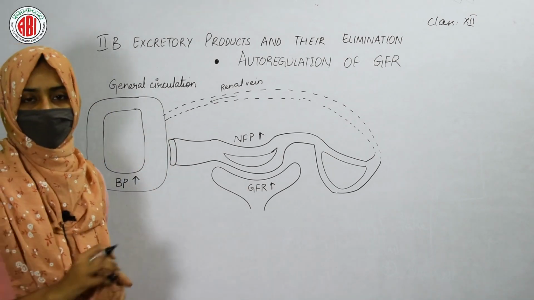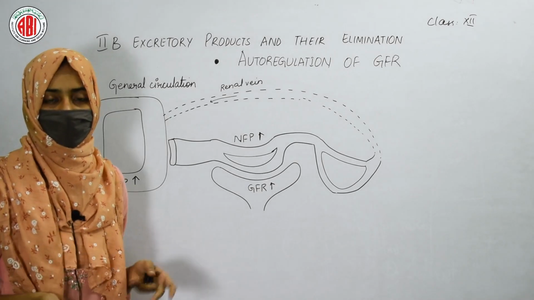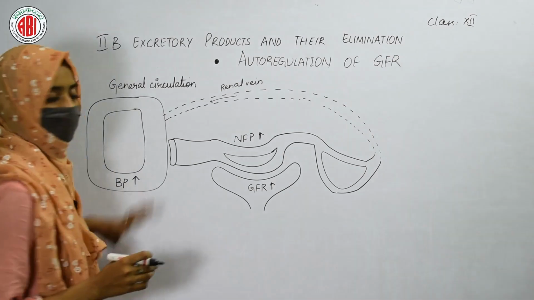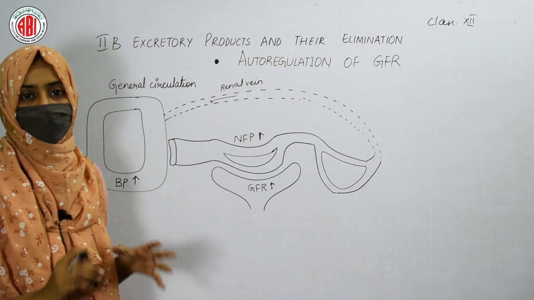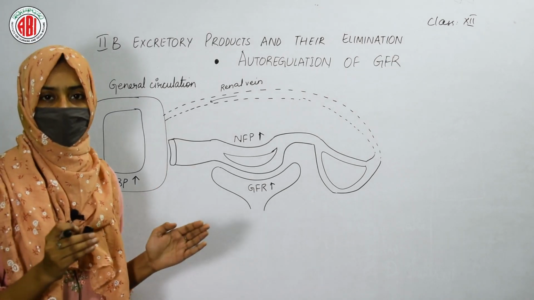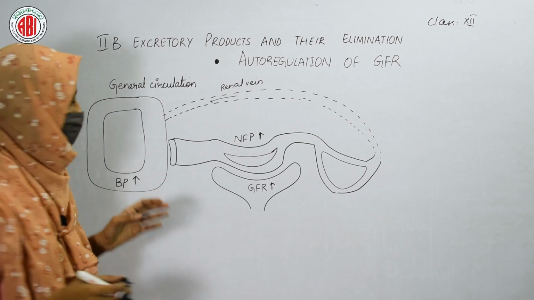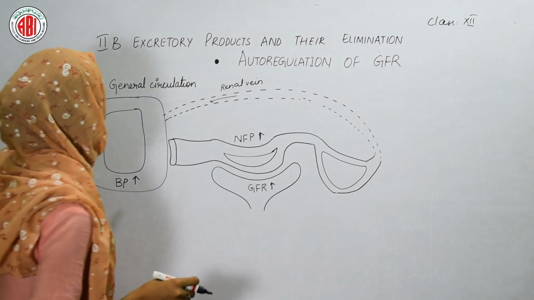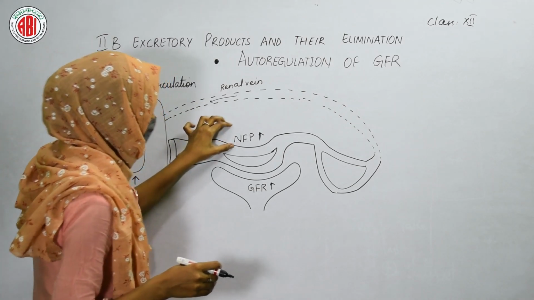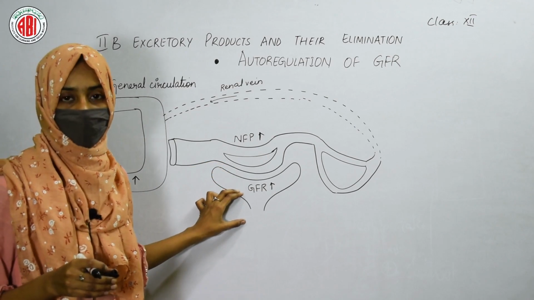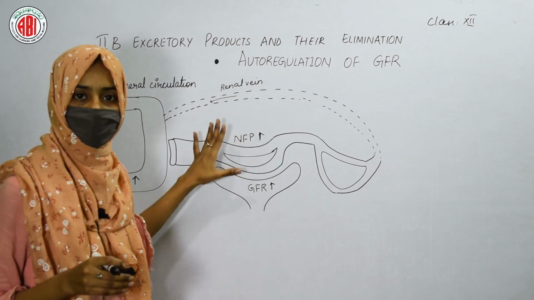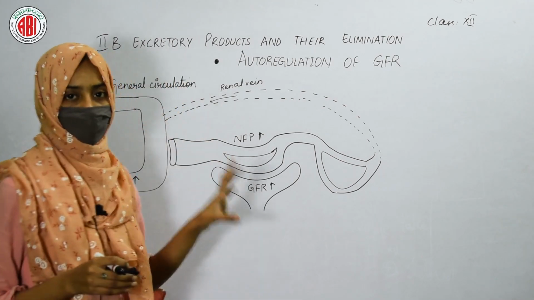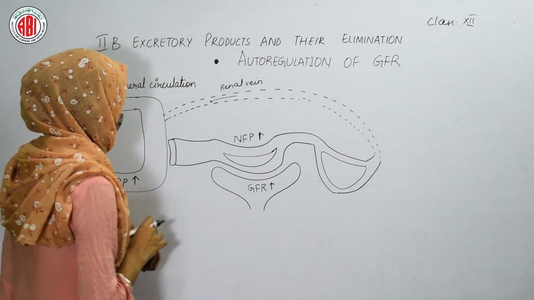Firstly, we will see what the meaning of blood pressure is. Blood pressure is nothing but the pressure exerted by the blood on the walls of the different arteries. The blood is flowing at a high speed, stretching and pushing the walls of the different blood vessels. That exerts some pressure, and we call that pressure blood pressure. When it becomes high, the net filtration pressure and glomerular filtration rate both increase in the nephron. Due to the increase in the glomerular filtration rate and net filtration pressure, the things we are going to see here is